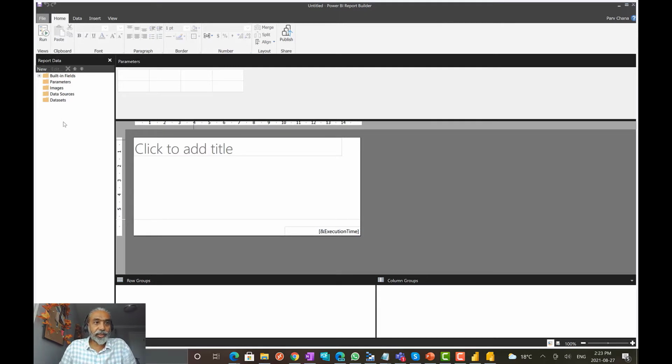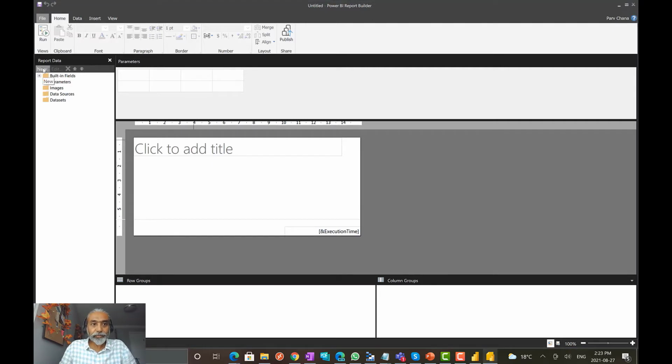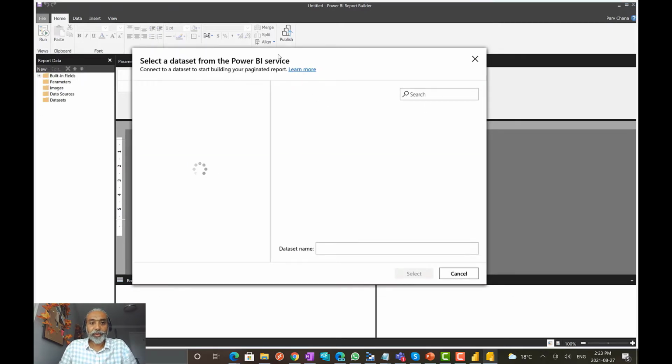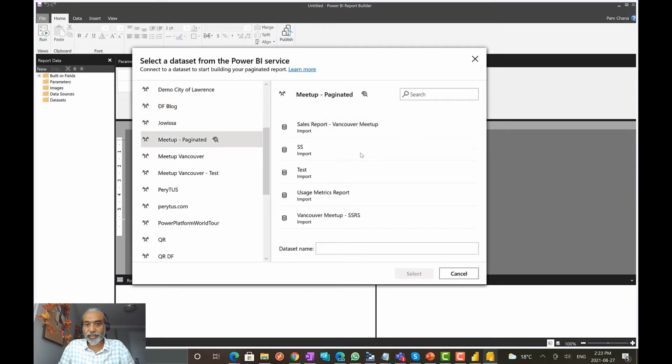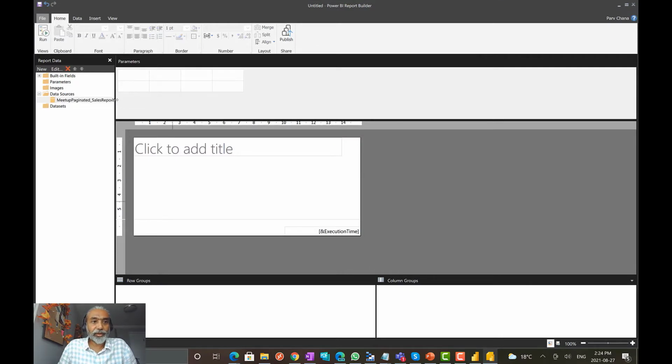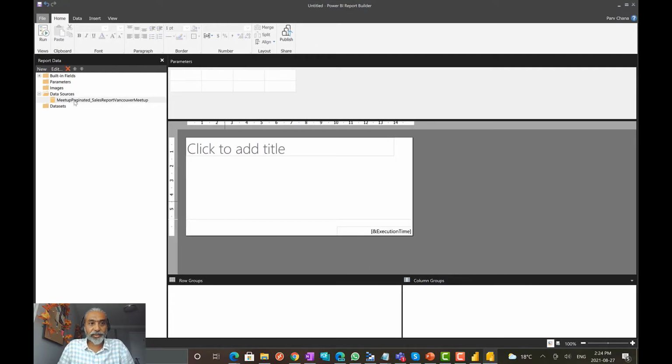The next thing I need to do is connect to the Power BI dataset. So I go New, and here comes the Power BI dataset connection. We connect to Power BI, and it's going to show me all the datasets available to me, but the one we're interested in is the meetup Paginated one. I'm going to connect to that one. Now you can see under Data Sources it has connected to the Power BI dataset, and let's rename it and call it sales